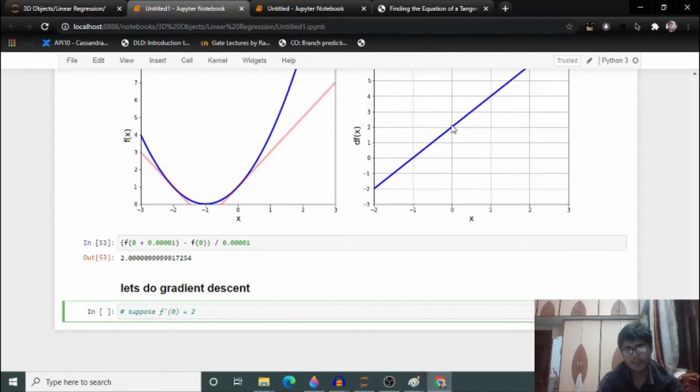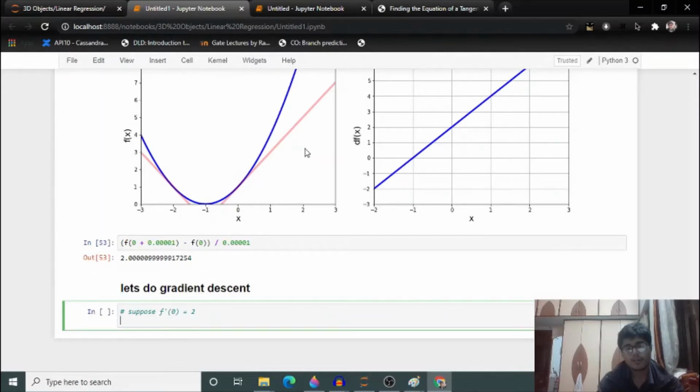Now we want an iterative procedure to find the minimum. So in the first iteration, you will find 0 minus something. So what is our aim now? I want an input near 0.